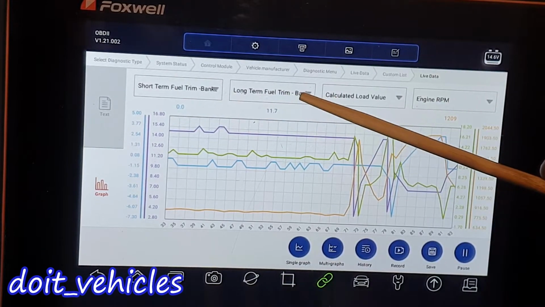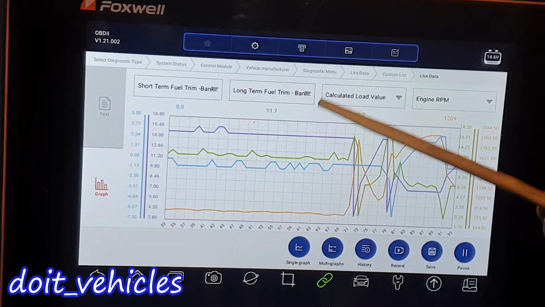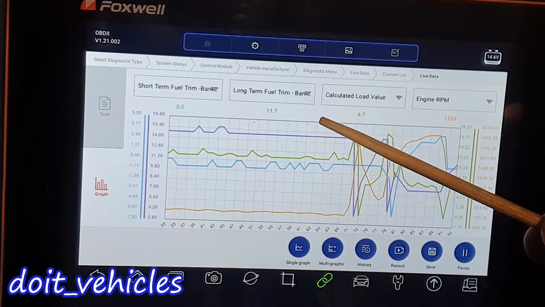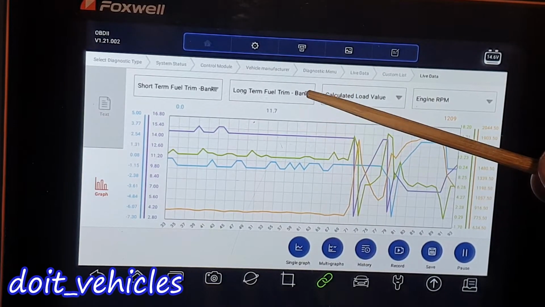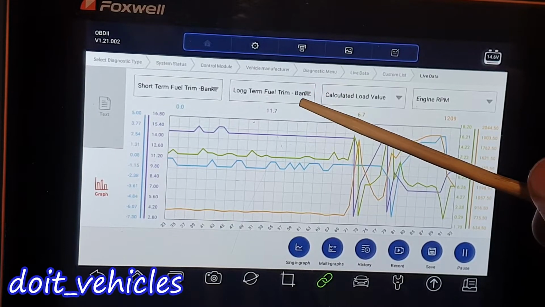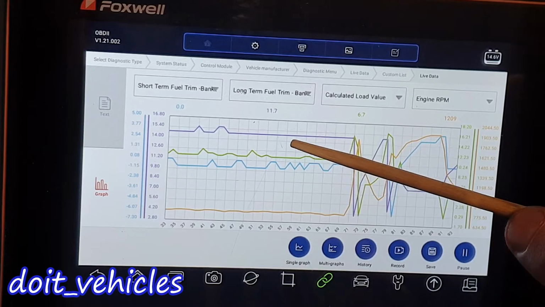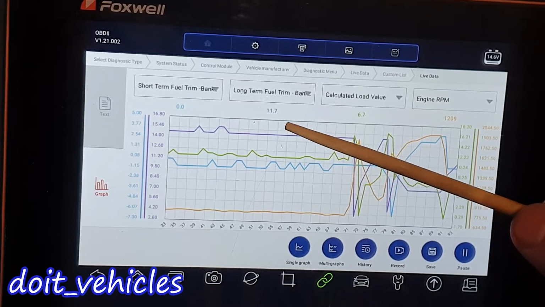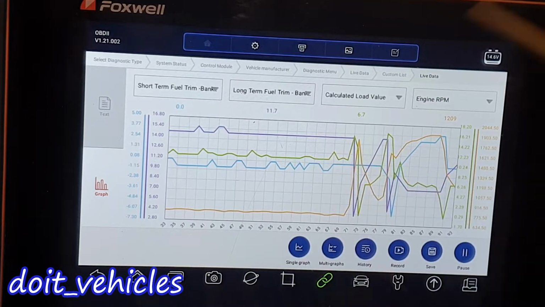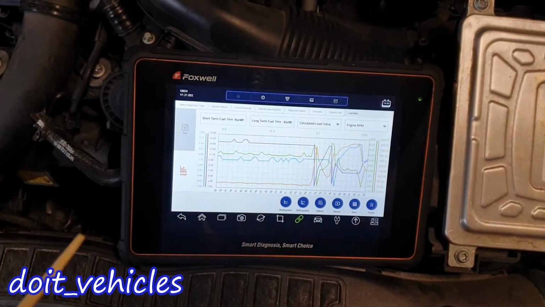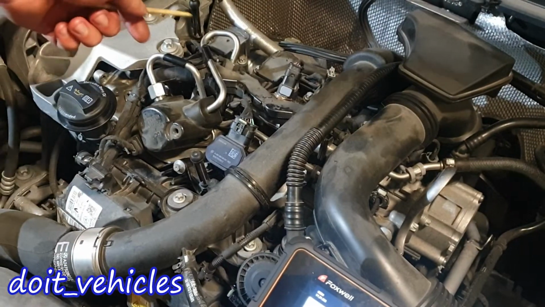So if the long term fuel trim decreases and goes negative, then we know the computer is trying to cut off the fuel because the oxygen sensor is detecting too much gasoline in the exhaust gases, and obviously that can be caused by a leaky injector. This is probably the most common problem of the injectors. They are leaking too much fuel, but it can also happen that they are clogged up, so both situations are plausible. So long story short, these are the two main problems that can happen on the injector itself, disregarding the connections,